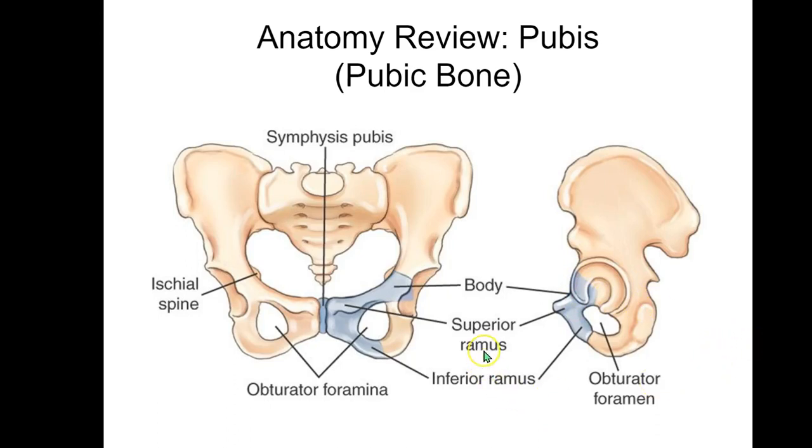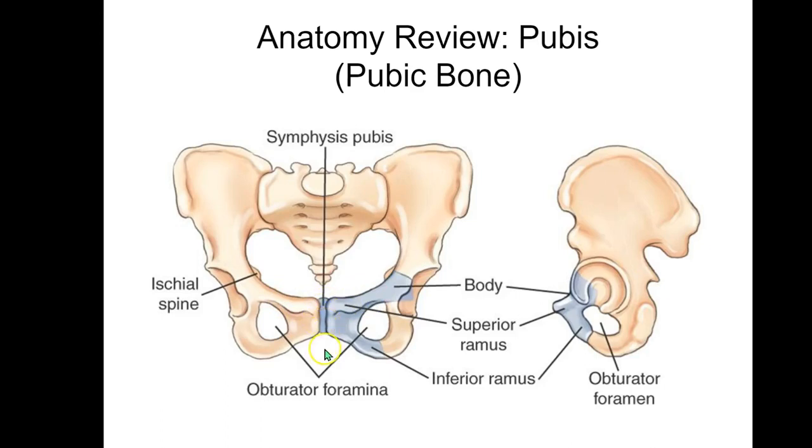Okay, the superior ramus extends anteriorly and medially from the body. Okay, so here's the body. The superior ramus comes medial and anterior. And again, we'll look at this with our three-dimensional models in lab. The two superior ramus, so here's a superior ramus and here's a superior ramus, they meet medially to form the